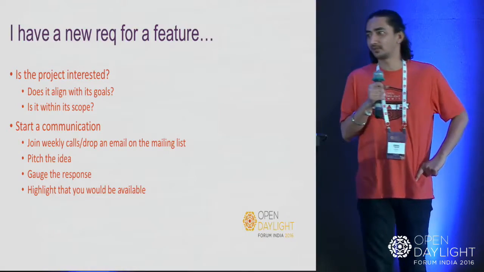First pitch the idea within the project or that community, see how the feedback is. Sure, people will give you positive and negative feedback both. Work on it. And most important, if you are pitching a feature, please, please, please do commit on the availability also. It should not be, hey, I want this feature, can you implement it? It does not work that way. That's not the way open source works. You want something, be ready to put in the effort for it.